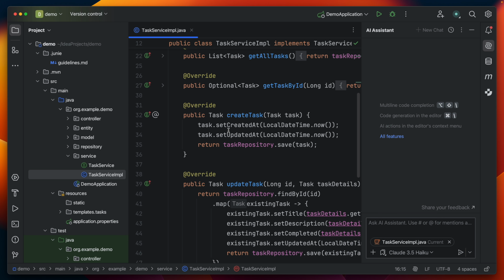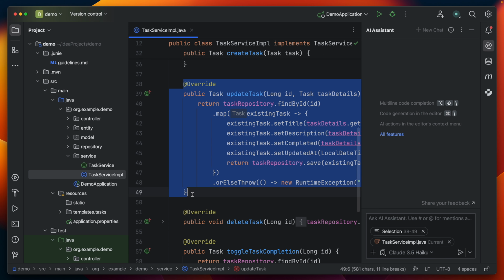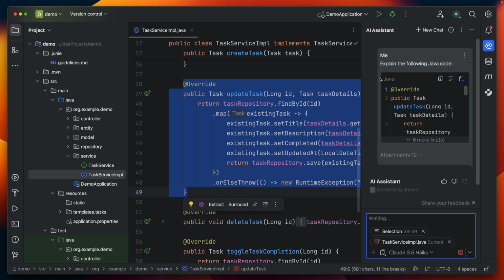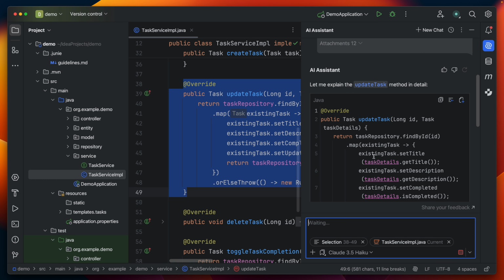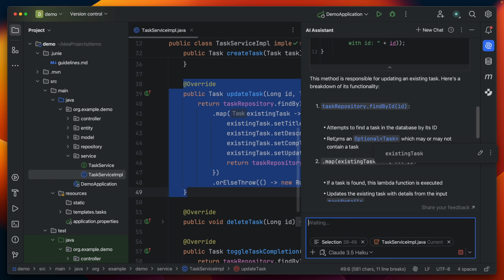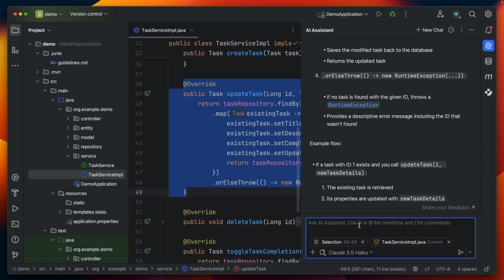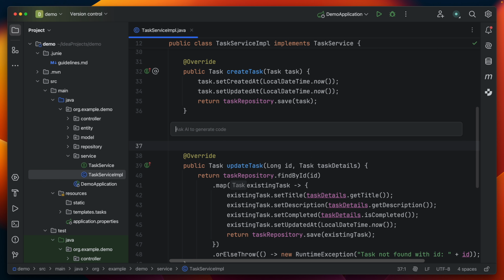Let me open a class to demonstrate the AI Assistant behavior in the code editor. For example, here I select this code part, and directly we see an AI Actions menu appearing. There are many options to select. I choose the option to explain the code part. We see here that it took that code snippet as input and started to explain line by line. Looks good.